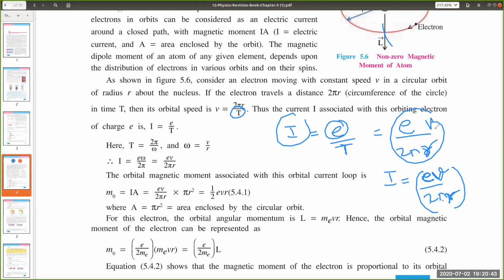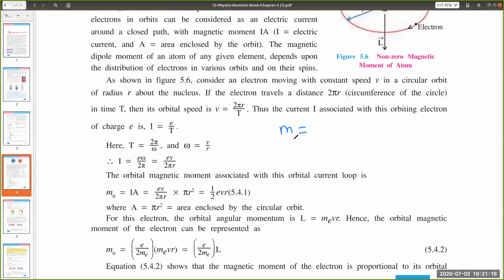You have read some chemistry. Tell me, what is r in chemical terms? Atomic radii, or the radius of the nth orbit. It should be the radius of the nth orbit, right? Here it's only one shell for us, so that counts as atomic radius. If there are multiple shells and you're talking of some random electron in some random shell, then that is the radius of the nth shell.